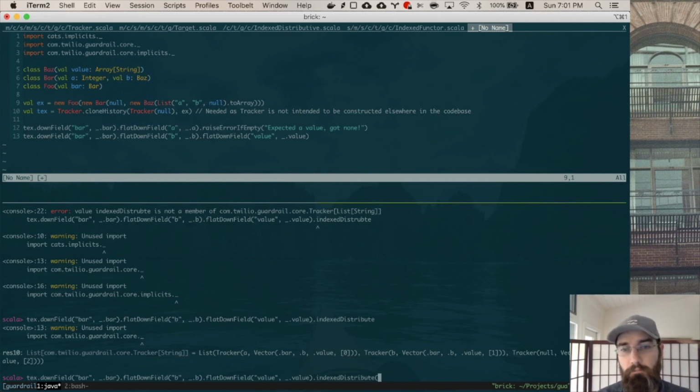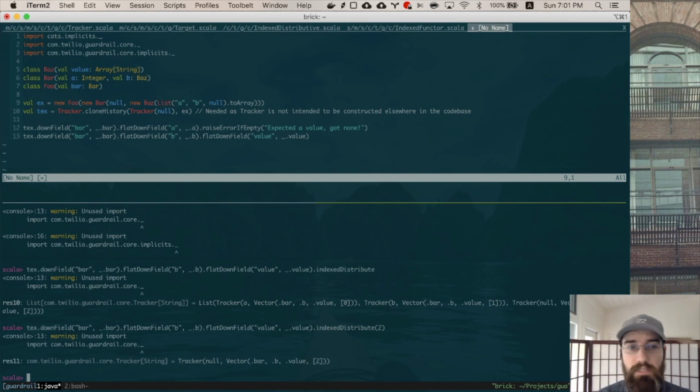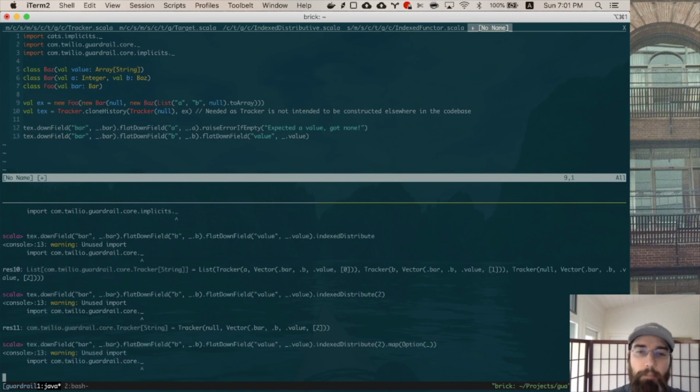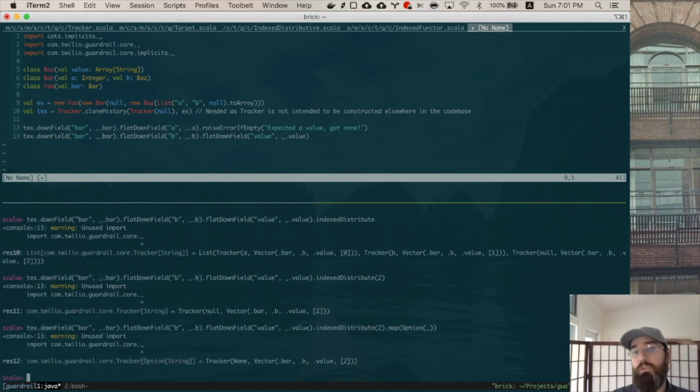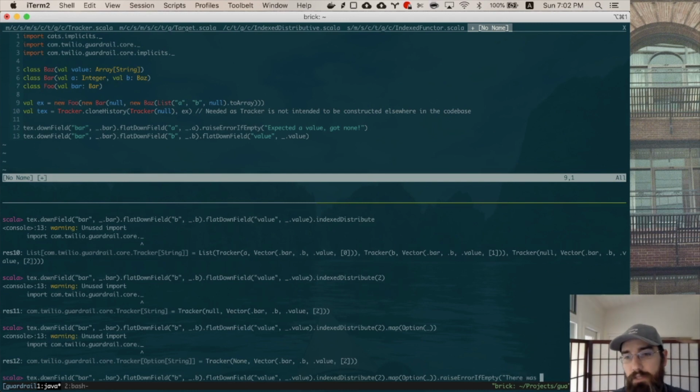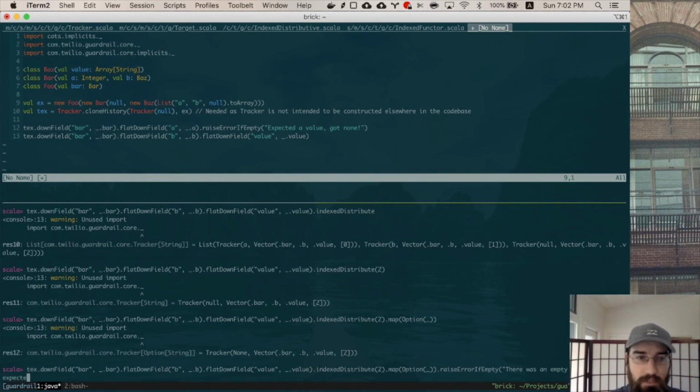But anyway, the point is, the intent here is to be able to say, if we access the second field in this list, we can actually see that if we map option that, right? So if we map option apply to raise this back into a tracker of option of string, and then we raise error if empty,